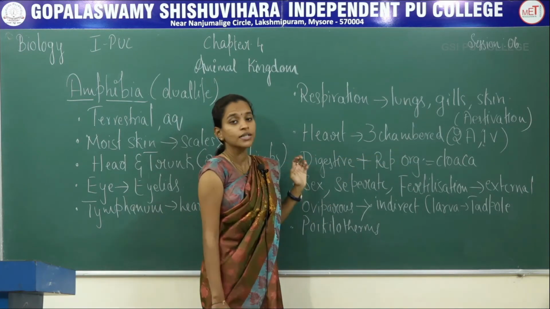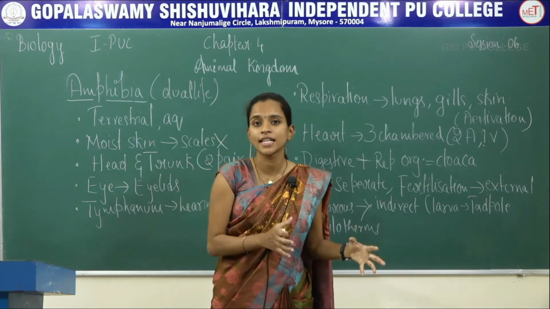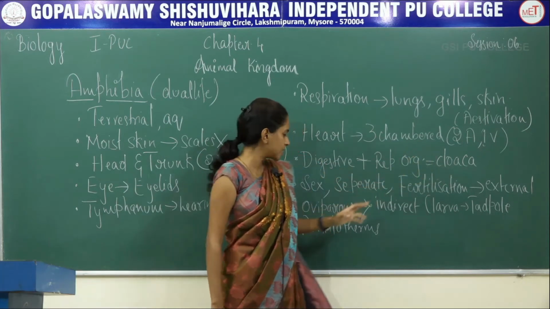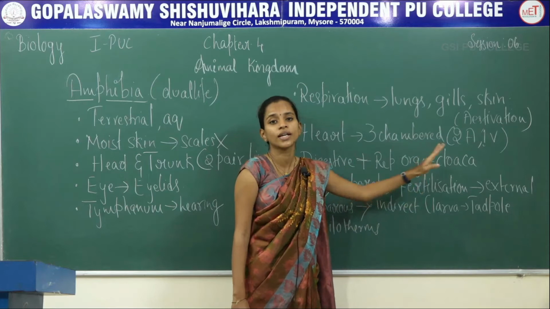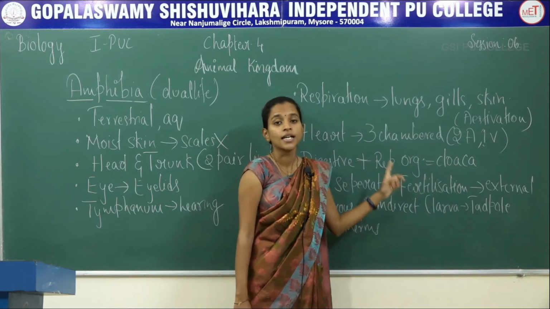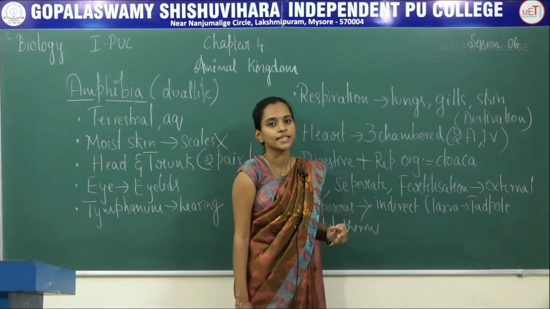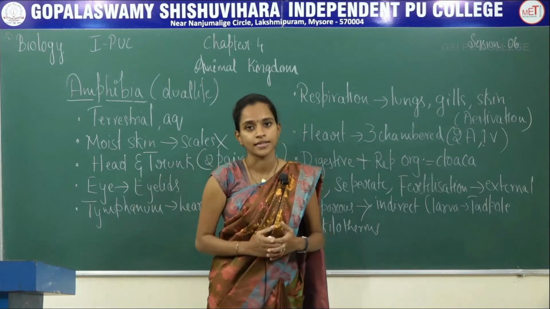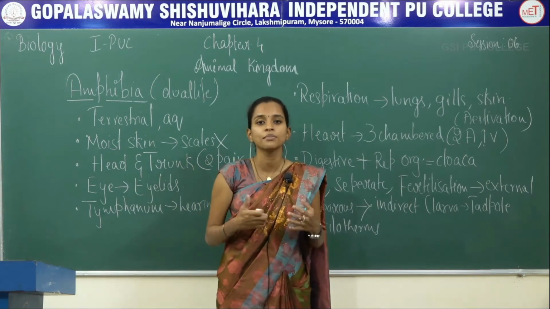Sexual reproduction with separate sexes, fertilization external, that this takes place in water region. So fertilization is external, oviparous in nature with indirect development involving a larval stage called tadpole stage. Larval stage retains in the water. Once they become adult, they start visiting the terrestrial region. These are also cold-blooded organisms. So that's about the characters for amphibia. We'll study about the examples for amphibia.